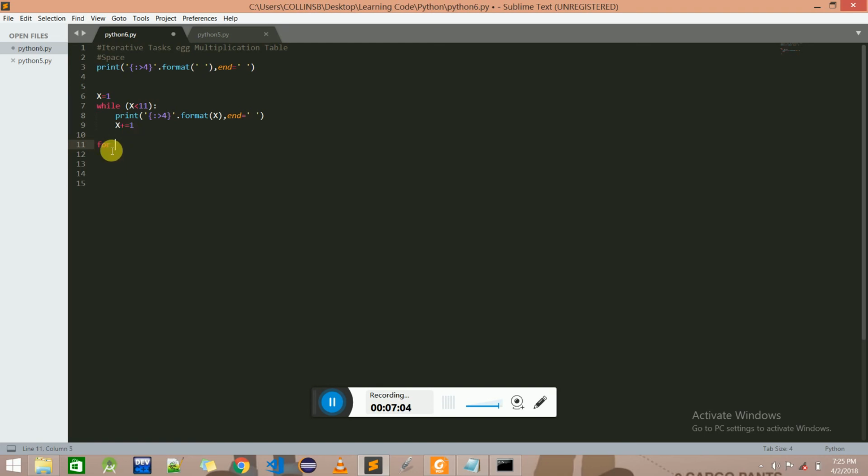and now use a for loop: for x in range 1 to 11. Since 1 to 11 will be a multiplication table, we can now have a while... stop that,